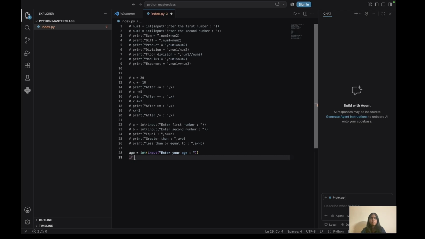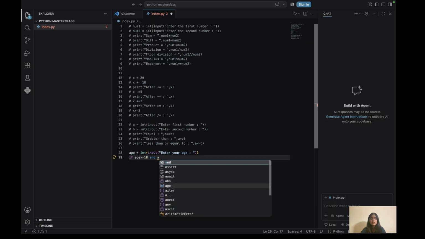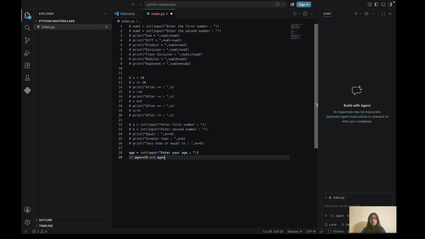And if age is greater than equal to 18 and age is less than equal to 60, then print eligible to work,